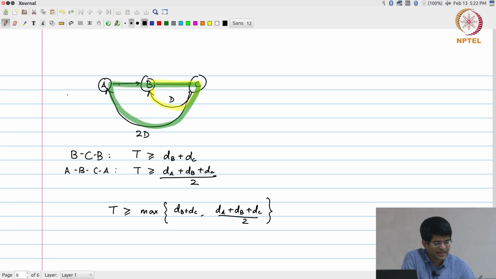Similarly, B, C, A, B, again go to C and then B is also a cycle, but that is essentially a superset of the fundamental cycles, because ABCA is a fundamental cycle and BCB is a fundamental cycle, while BCAB, again going to C and then back to B, is no longer fundamental. So even if I restrict myself to fundamental cycles where I never visit a node more than once, in principle it is possible to have an exponential number of cycles in a graph,